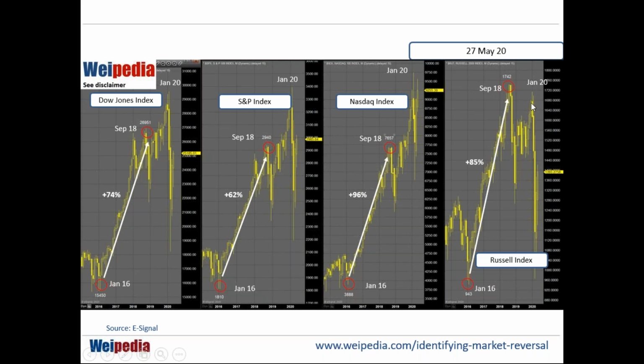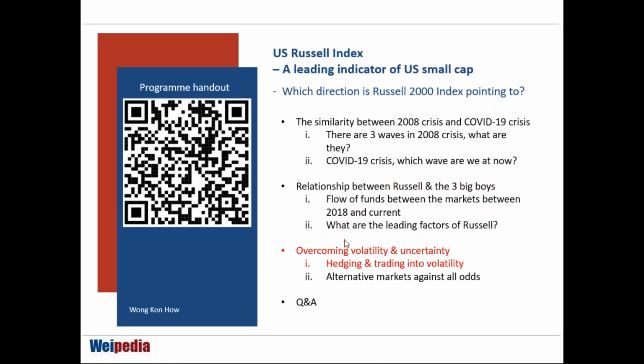This is what we're going to discuss in the second part. If you can, this presentation is just about an hour, so stay with me till the end of this hour. I'm going to take the last 15 minutes for Q&A. We're going to discuss why I say that in a potential bear market, usually the small caps will move first, followed by all the blue chips. So how are we going to handle this period of uncertainty and great volatility? This is my take.